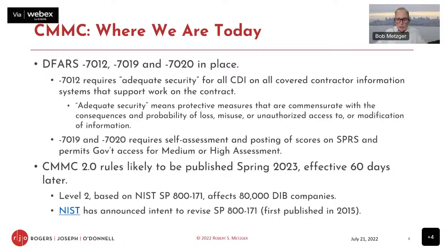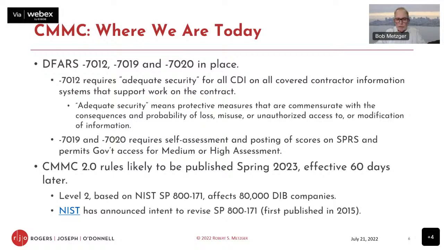So the CMMC 2.0 rules are now presently expected to come out as another interim rule in the spring of 2023 and becoming effective 60 days later. And we know that most of us are focused on level 2, where you have controlled unclassified information, where you're expected to satisfy the assessment requirements based upon 171. And DoD has said that this affects 80,000 companies. That's a lot, and maybe only a small portion of them might not have to